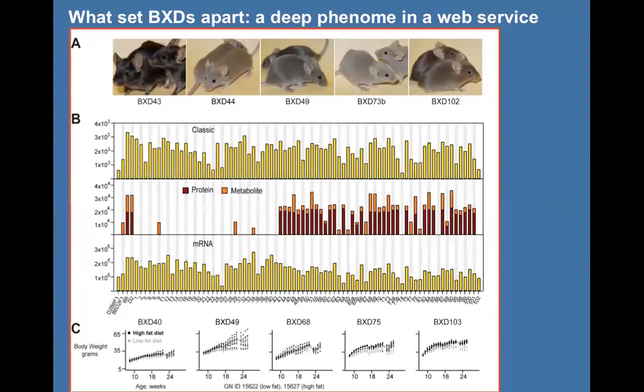Below that, you'll see protein and metabolite data. Every bar here, by the way, is a strain of mouse from BXD1 to BXD about 102. You'll see some gaps here. So in this protein and metabolite data, there's a gap here, and that's simply because the group that generated all of this cutting edge protein and metabolite data focused on the high numbered strains. And then below, and this, by the way, is 40,000 traits. So good, but not great.